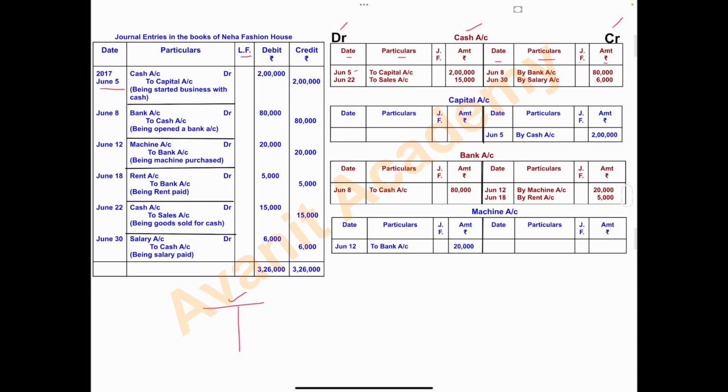So write the date June 5th. So this cash account is debited against which account? Capital account. Right? So first thing, be clear: the cash account is debited. So on the debit side we have to write the entry, or we have to pass the